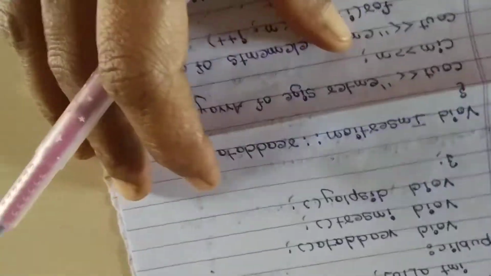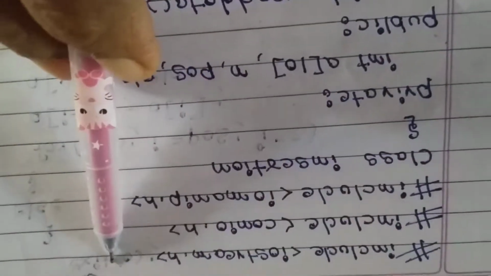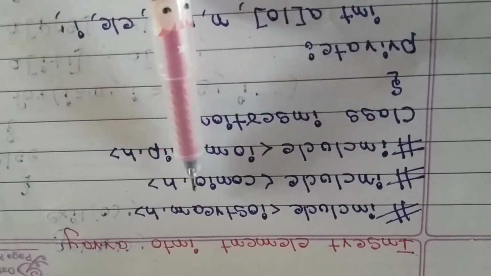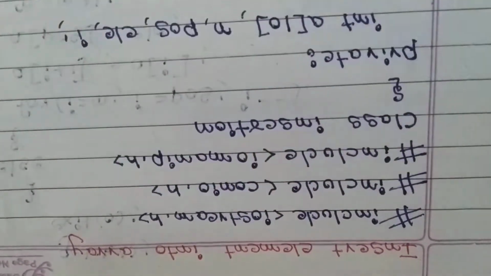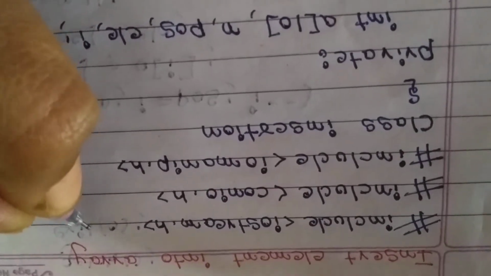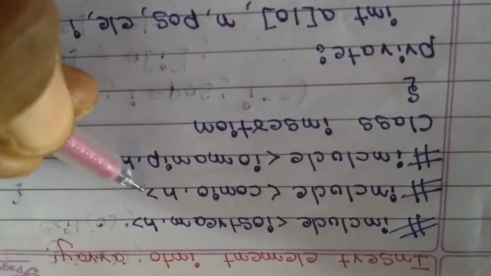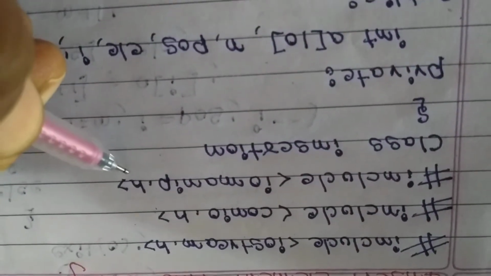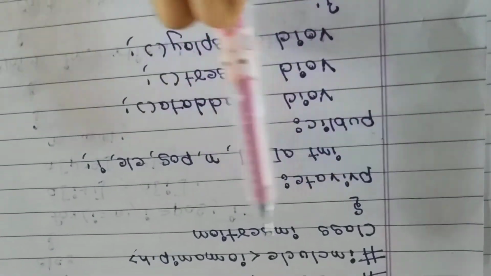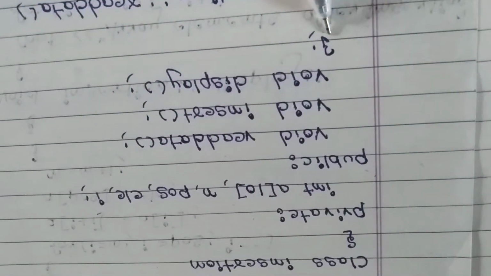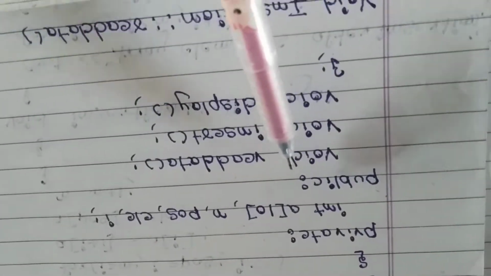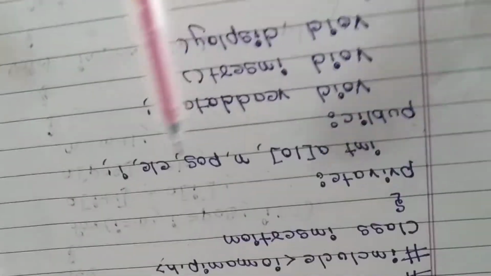So now you see the program, inserting an element into array: iostream.h, conio.h, iomanip.h. Why do we use iostream.h? For cin and cout. Conio.h for getch and clrscr. Iomanip for setw and endl. Now look here, class, I told, no? Class name is insertion. So the body started here, ended with semicolon. So every function here, variables are there.